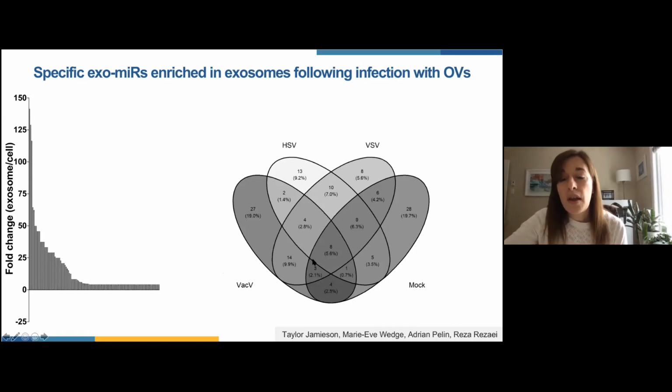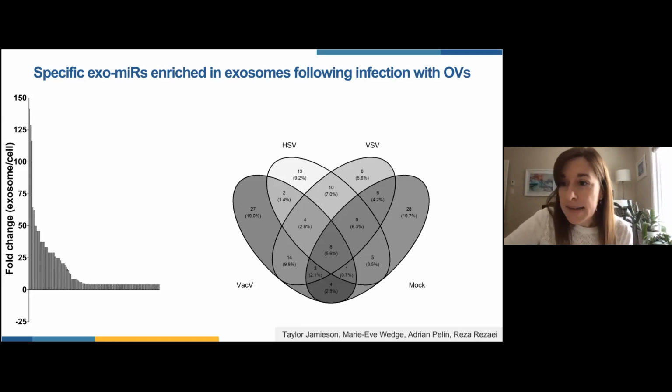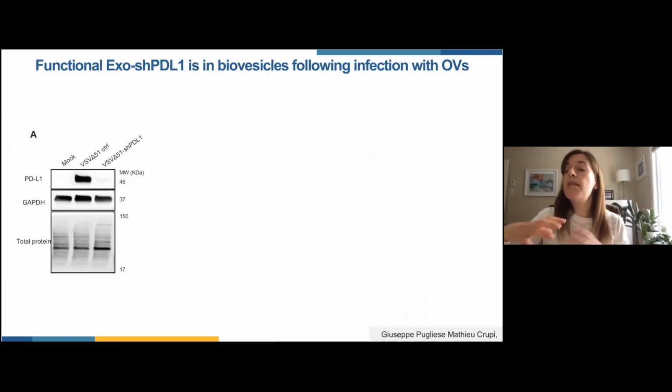One is because they are representative in multiple tumor types, and when we infect multiple cancer cell lines, it doesn't matter which oncolytic virus we use, indeed the overexpression in the exosomes happens in this case in the 3 platforms. So with that in mind, we selected one cassette, and then we modified that cassette, this particular